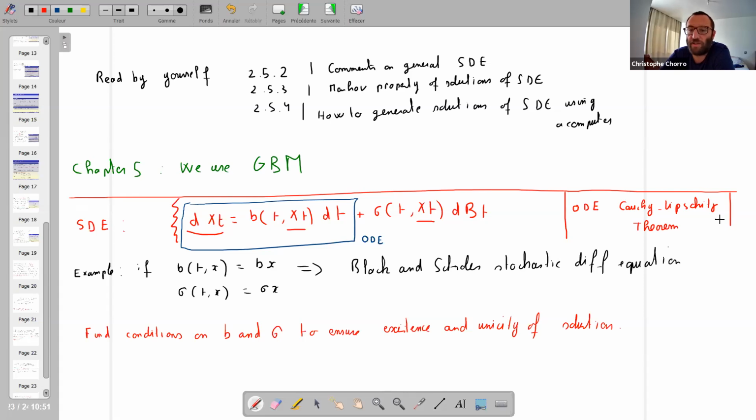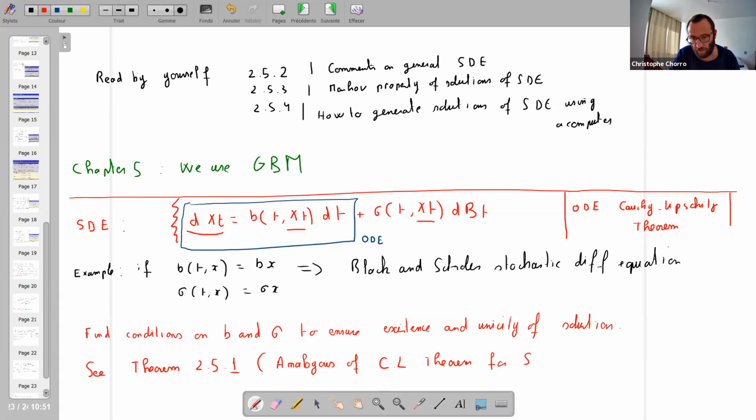And what is very nice in the case of stochastic differential equations is that we have the same kind of result. So I want you to have a look at what I have defined in my lecture notes. See by yourself Theorem 2.5.1, that is the analogous of the Cauchy-Lipschitz theorem